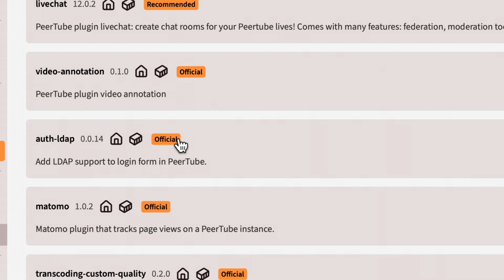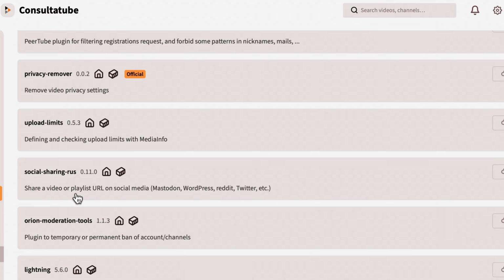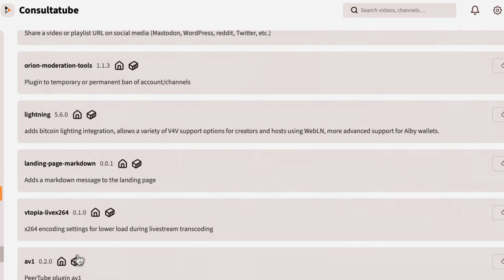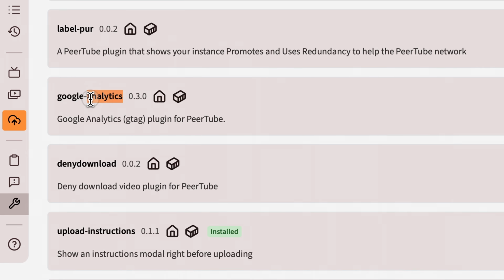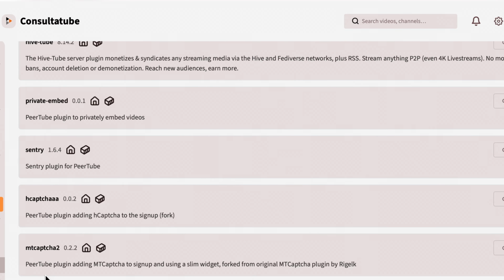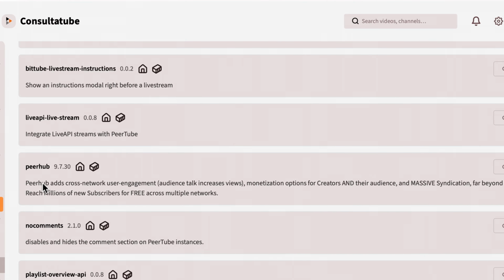It's definitely a good thing to look for, because I have found that some of the plugins get somewhat abandoned or break when there's an upgrade. There's no promise that it will keep working. You've got all sorts of plugins in here, and often if there's something you're missing, you'll be able to get it here. Google Analytics is a good example of one that's useful, because it's hard to tell who's actually on your instance. All sorts of little helpful things. Have a look through and fiddle around and see how they work.